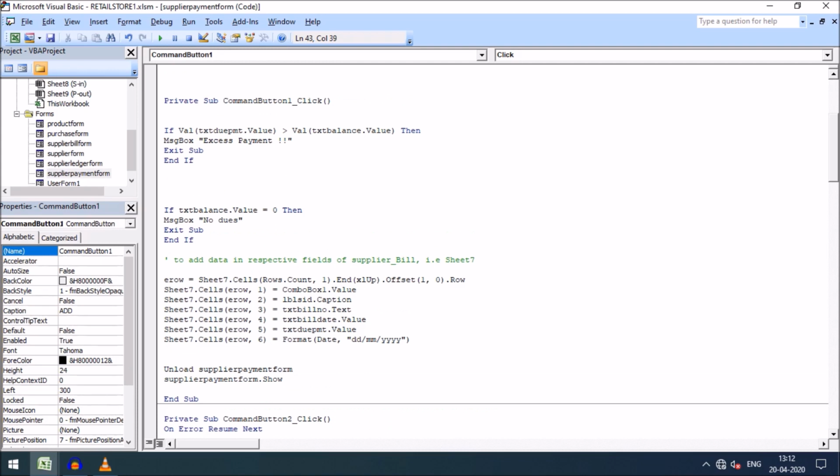And here I have checked if there is any value. Here you can see, friends, if the payment due is greater than the balance.